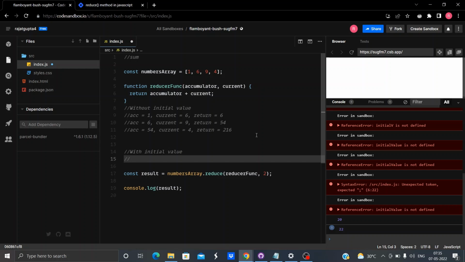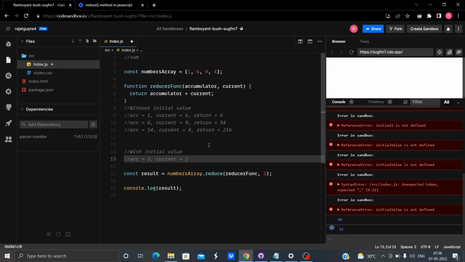When we provide initial value, listen carefully, there is only a small change. What that change is, for the very first iteration, accumulator is equal to initial value and current is equal to the element present at index 0.